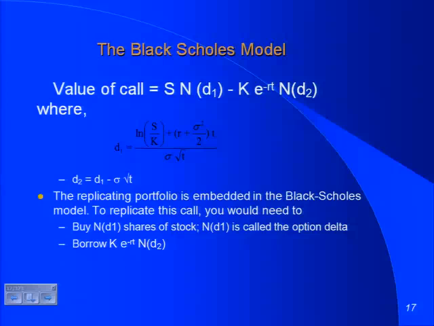Everything you see in the context of option trading is built around the replicating portfolio. And option traders love Greek, right? Option delta, theta, gamma. I mean, pretty much they've taken over the entire Greek language. Everything they're talking about is embedded in there. The option delta is the number of shares of stock you need to buy to replicate the call. What's the option gamma? When the stock price changes, as it will from today to tomorrow, the option delta will change, right? The option gamma will tell you how much the delta changes as the stock price changes.